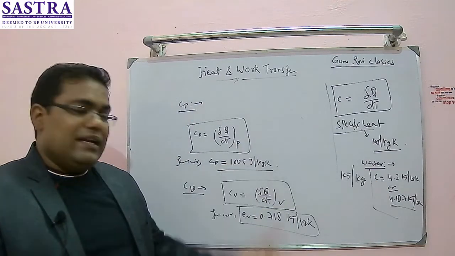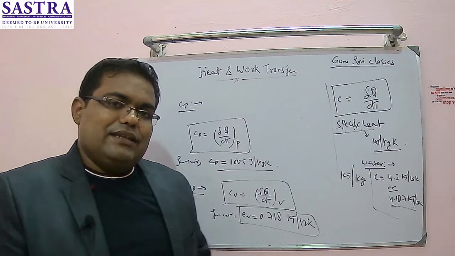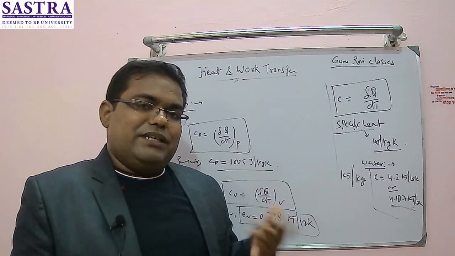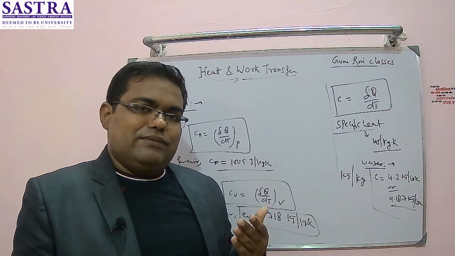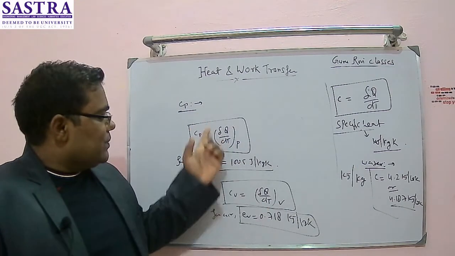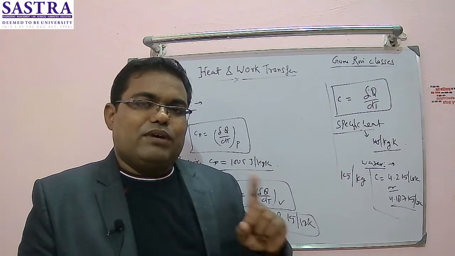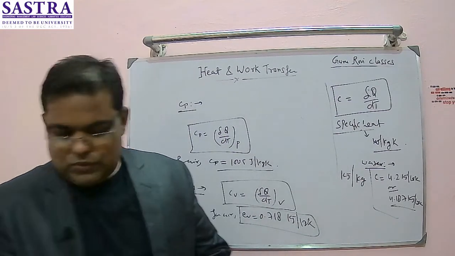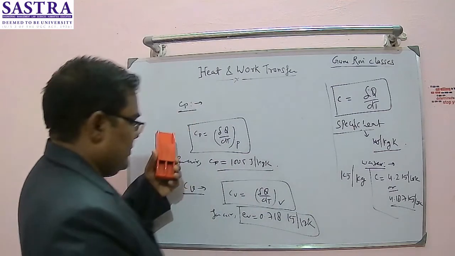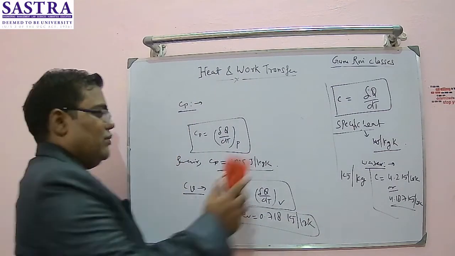But gases are highly compressible. For those cases, heat transfer may take place with constant pressure or constant volume conditions. So these two specific heats need to be defined for the gases only. If it's a liquid, there will be only one specific heat. So whether this is clear. Now next topic is